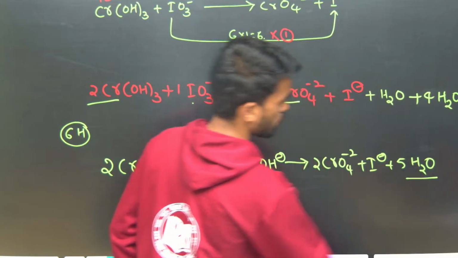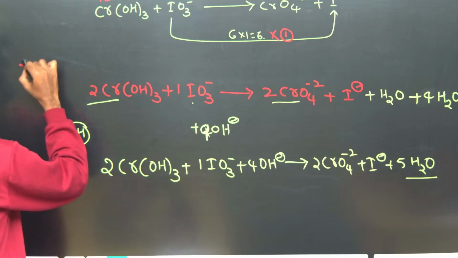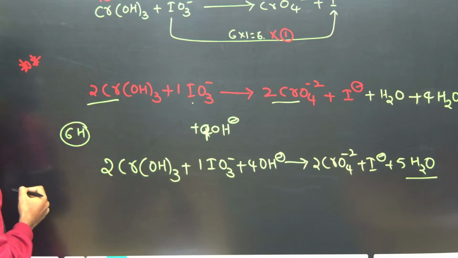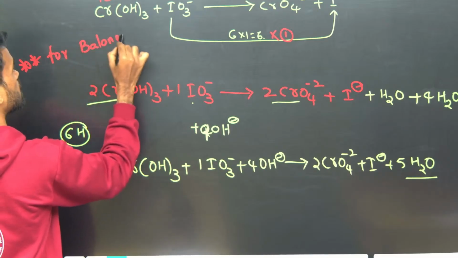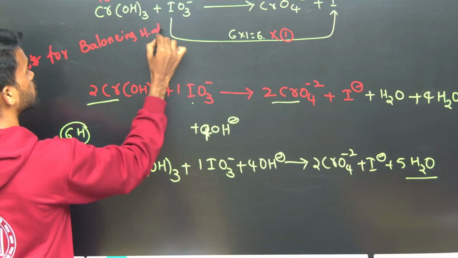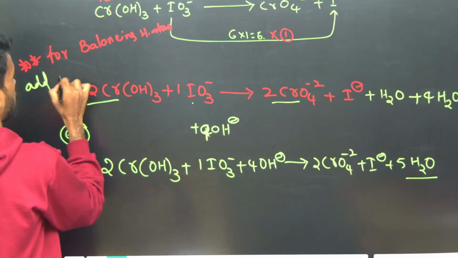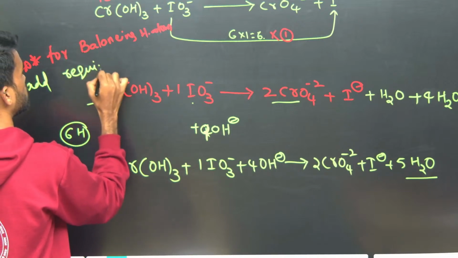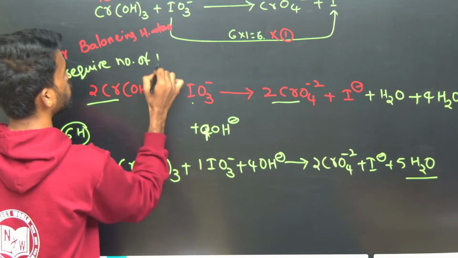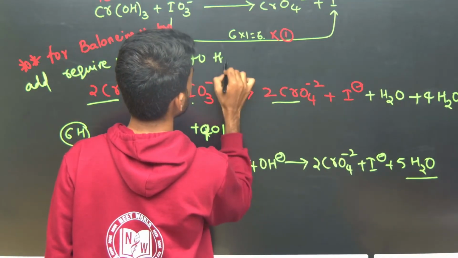Now count. 10, 4 plus 3, 9. So what is the method that we need to do for balancing? First we should balance hydrogen. Balancing hydrogen atoms: add the required number of H2O to the deficient side